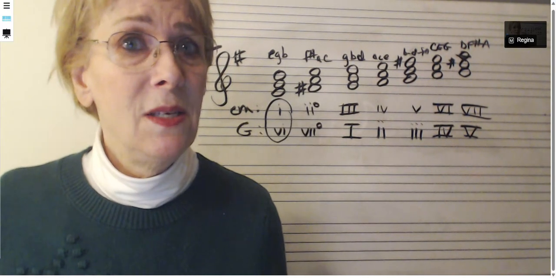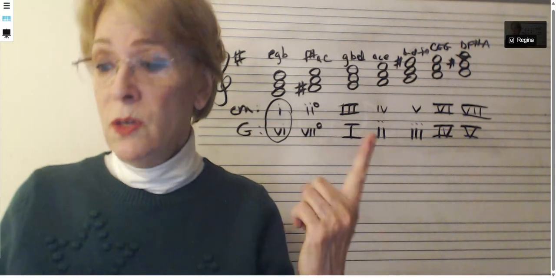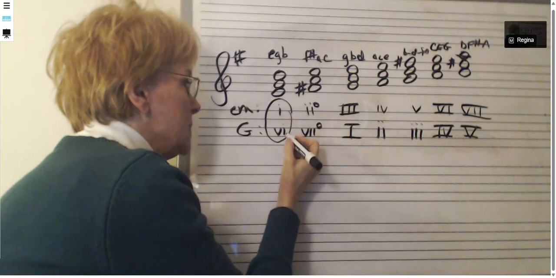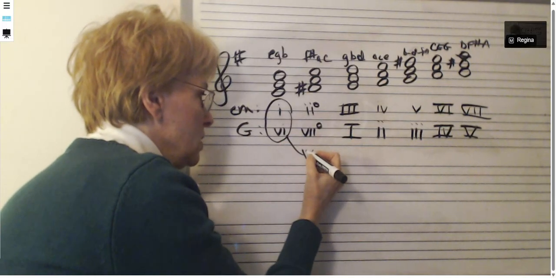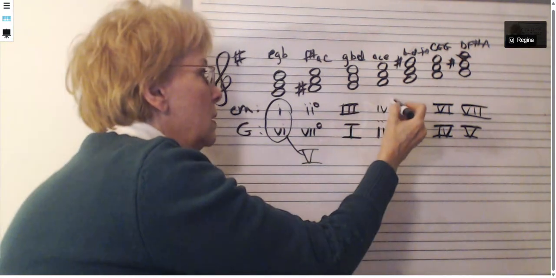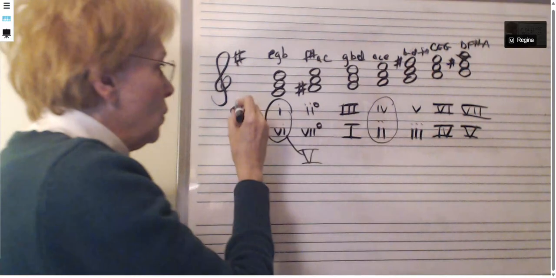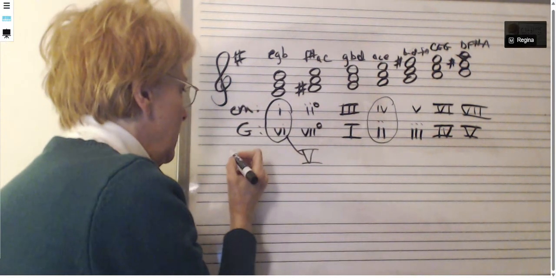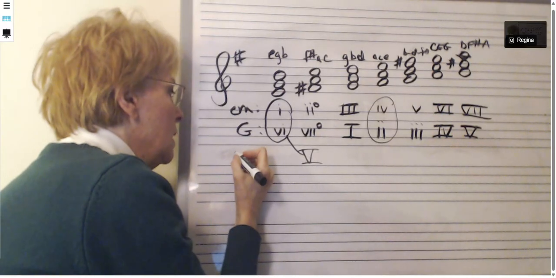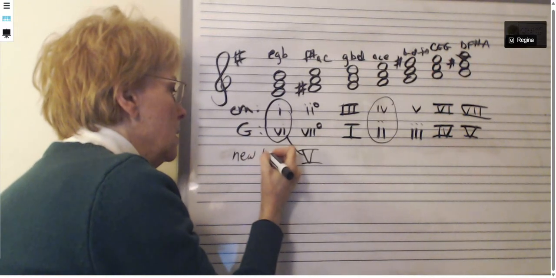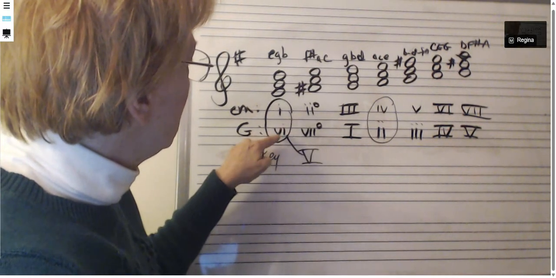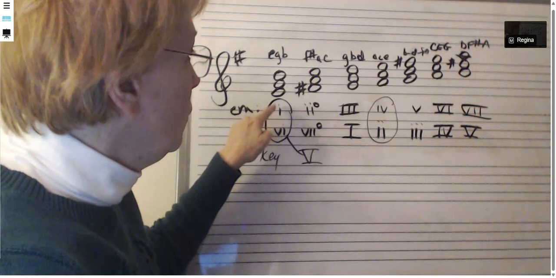I think 6 leads to 5 very nicely. Don't be afraid to use 6 as your pivot chord. So this could be one, because 6 would go to your 5 in G. Okay. Here's another one. So this is when you want your new key. If you're going from E to G, then you probably want to use this one, because in G,